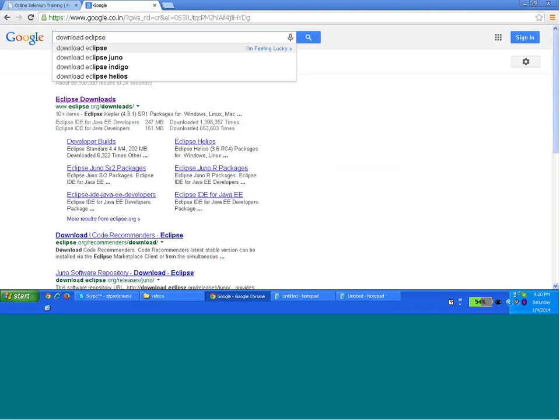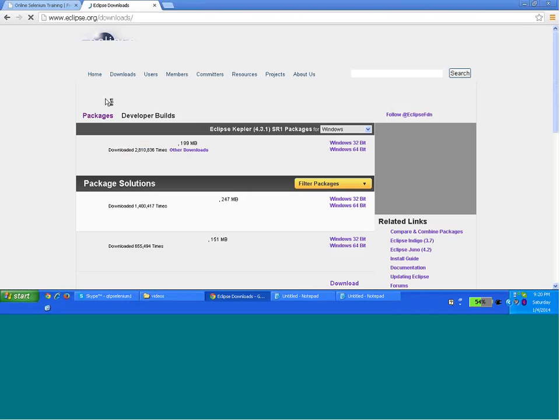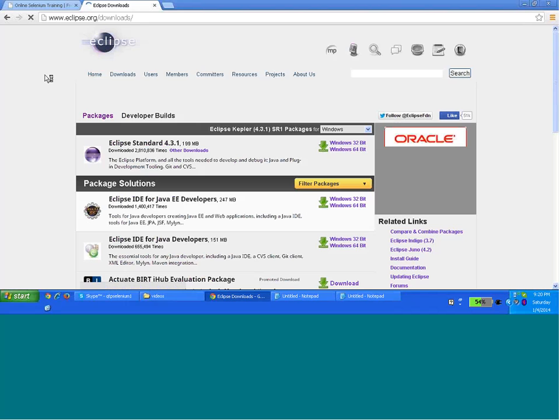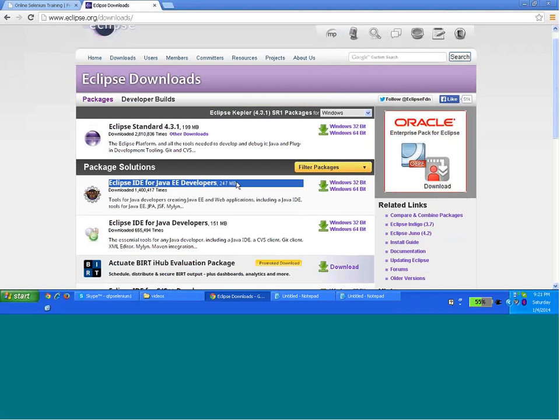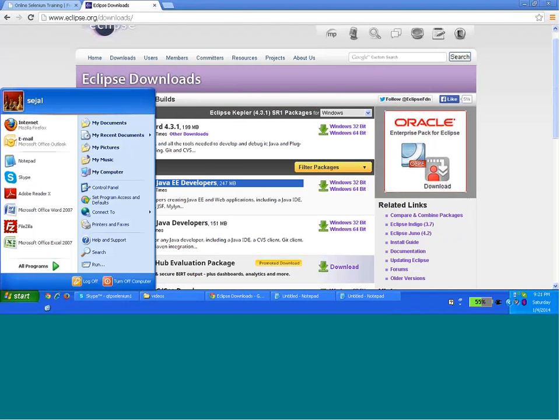This is Eclipse. For example, many of you might have studied C language. So Turbo C was the editor of C. So similarly, Eclipse is the editor for Java language. So you can download the Java IDE for Java EE developers. This is the one, depending whether you have Windows 32-bit or 64-bit, whatever it is, you can download it. And once you download Eclipse, hold on,